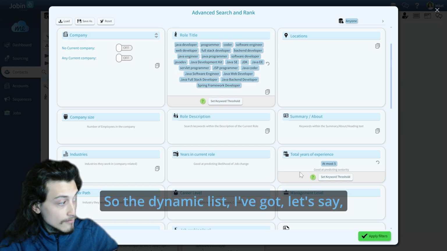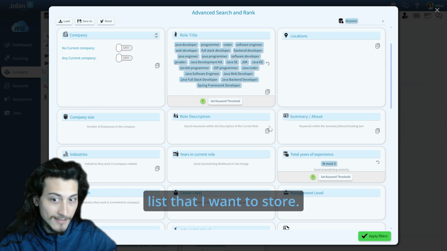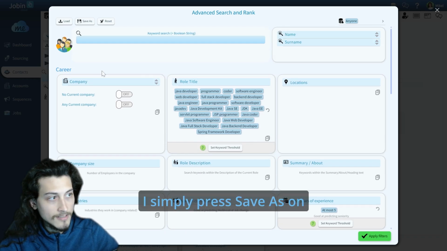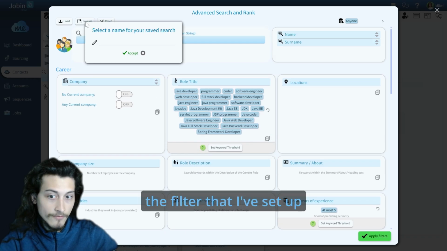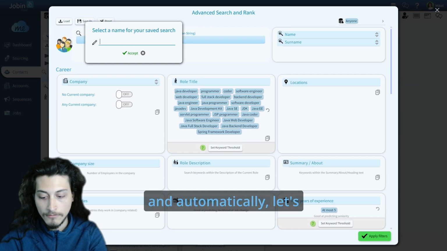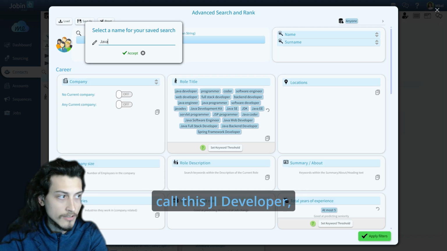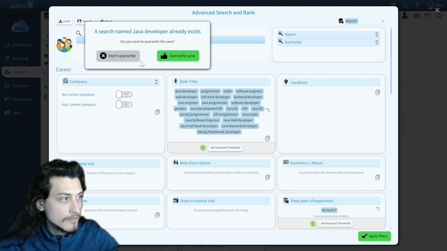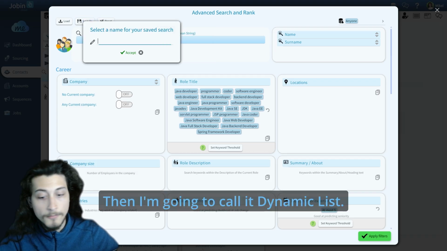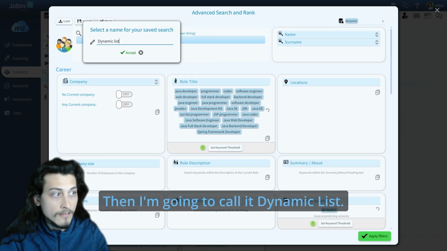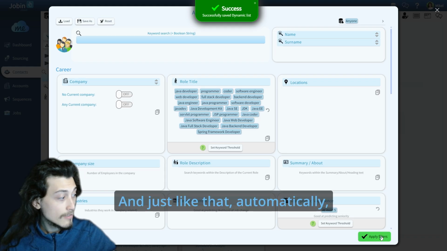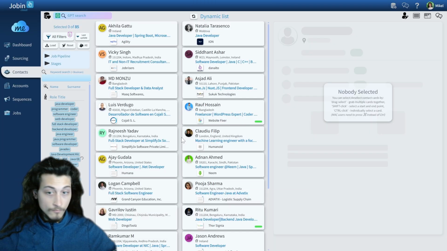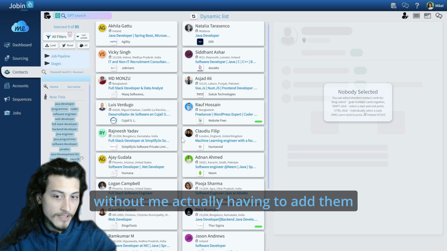So the dynamic list, let's say this is my dynamic list that I want to store. That's it. I simply press save as on the filter that I've set up, and automatically, let's call this Java developer. And I already have it in use. Then I'm going to call it dynamic list. And just like that, automatically, throughout my database,